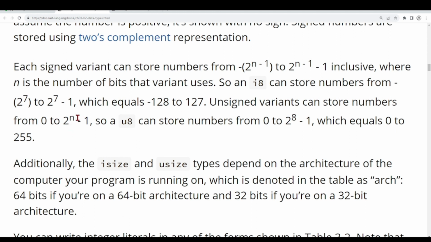2 to the power of n minus 1. So if we use an unsigned 8-bit, then we can go from 0 to 2 to the power of 8 minus 1. And that means that we can go from 0 to